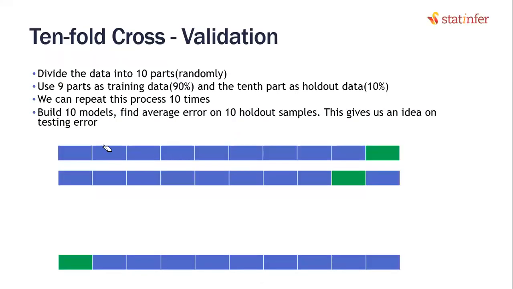You know how it is done? Here is the process. Take the full data. Break it into 10 equal parts. In our data, there are 1 lakh records. Break it into 10,000, 10,000, 10,000 like that. Take the first 9 parts and use them as train data. Keep aside the last 10th part and use it as test data.